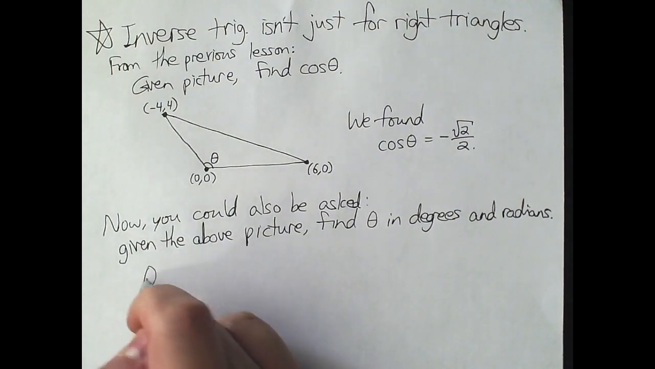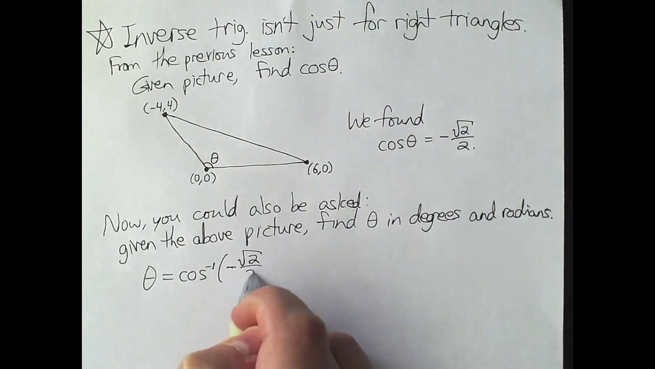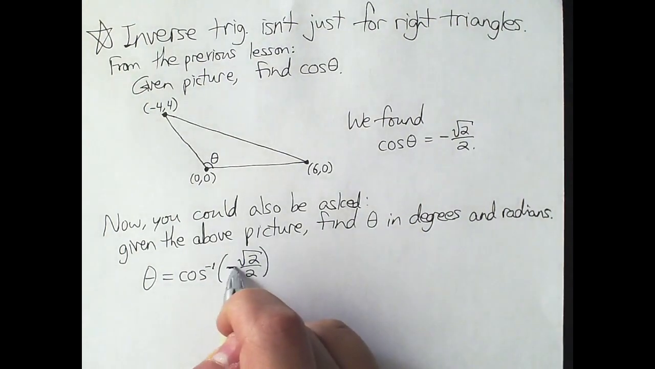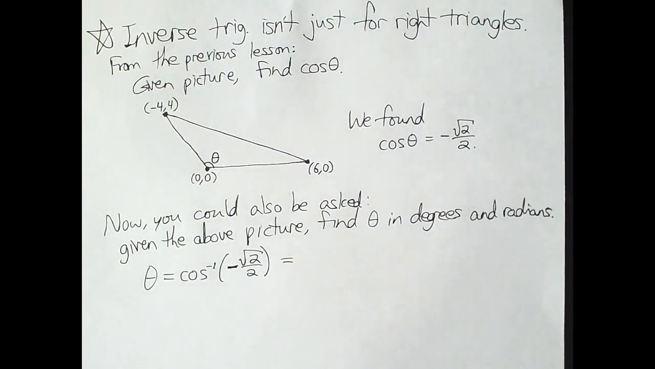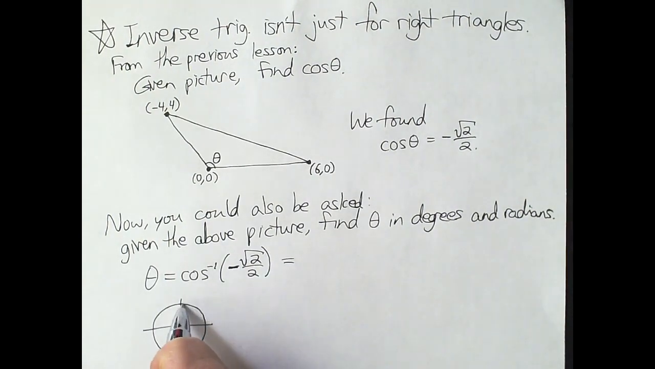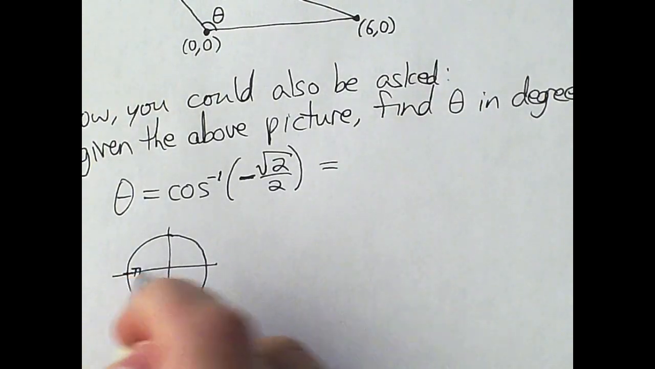And once we find this, then we can finish finding theta. We could just say theta is inverse cosine of negative square root of 2 over 2. I'm not calling any of these three side lengths adjacent, hypotenuse, or opposite. Anyway, do we know a value of theta that when you take cosine of it, you get negative root 2 over 2? And I'm just going to think of this in terms of radians. Here's pi over 2